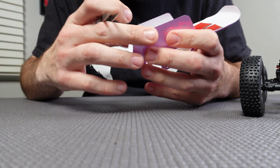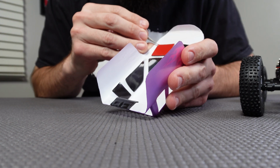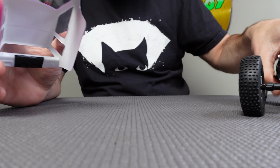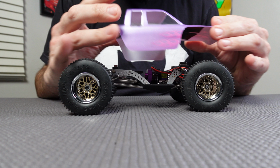And we're gonna do them all at once just to make it easier. Excited to see what this thing looks like. Already kind of obviously we've test fitted it and you can kind of see, but this will be the ultimate test. All right, so now the trick is lining up the magnets front and back